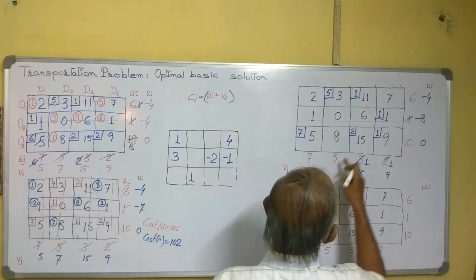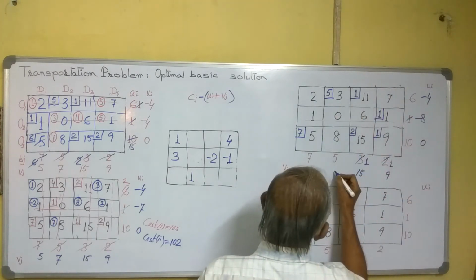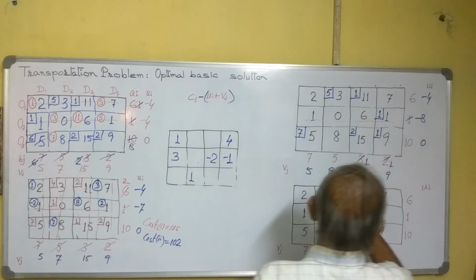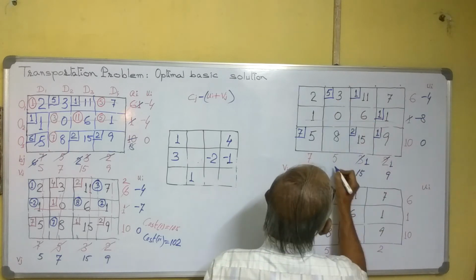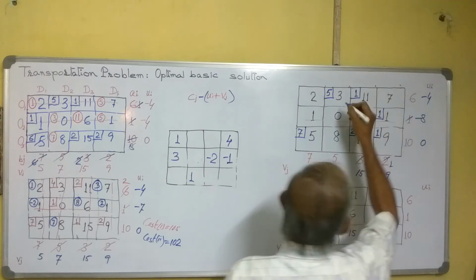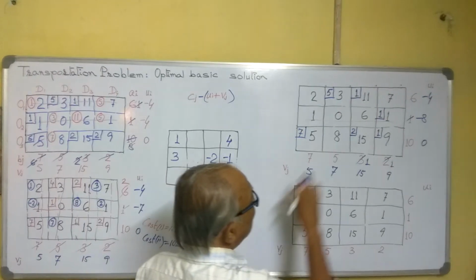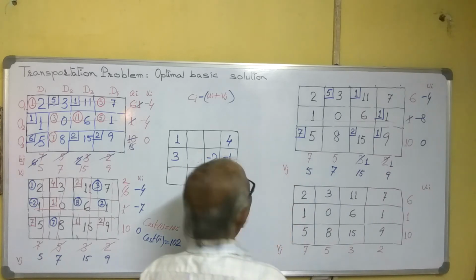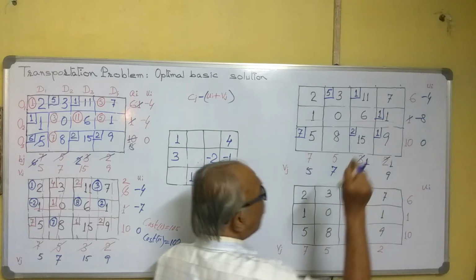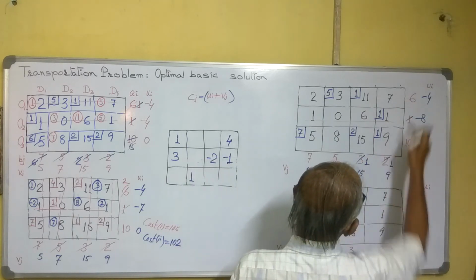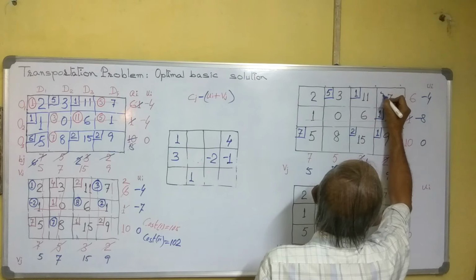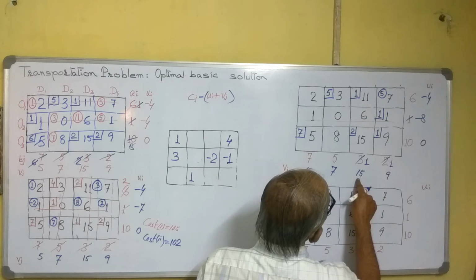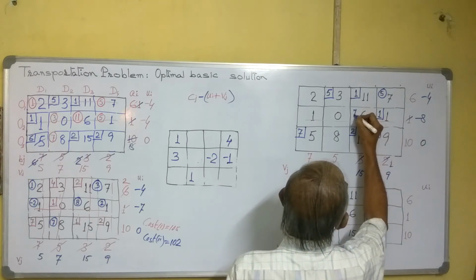Now here it is left. Minus 4, here 3 is there. So 7 minus 4 is 3. So in this way we have found ui and bj for all these cells. Again we will find ui plus bj for unallotted cells. For this one, 9 minus 4, this is 5. See carefully what I am doing. Here it is 15 minus 8, it will be 7.